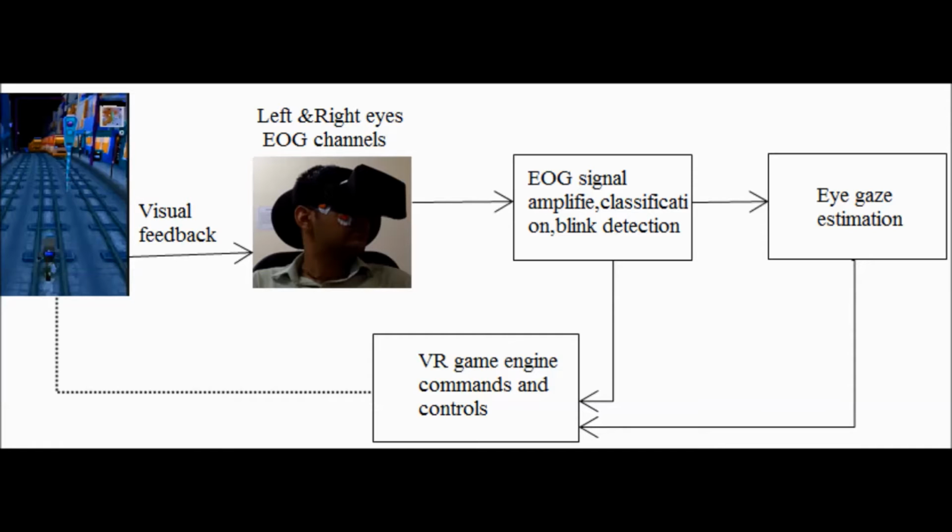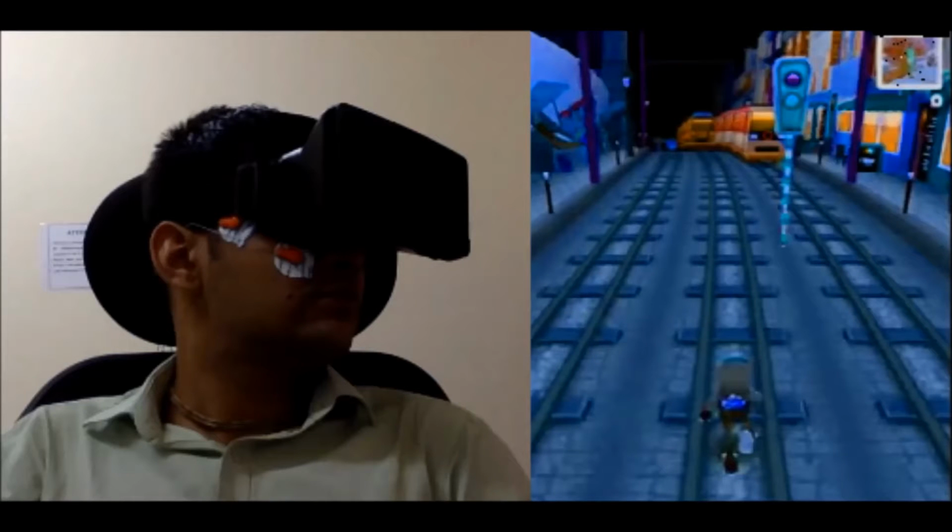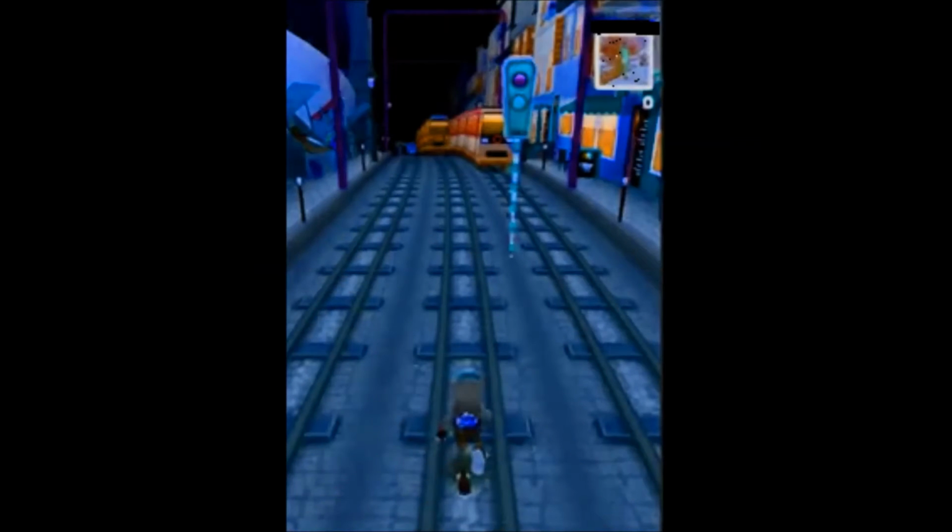The game object's position can be changed by using the eye movement and the gaze of the player. Changing the gaze will change the position of the game object on different tracks, so he can jump from one track to another. These intuitive controls enhance the overall virtual experience and the virtual immersion of the user playing the game.